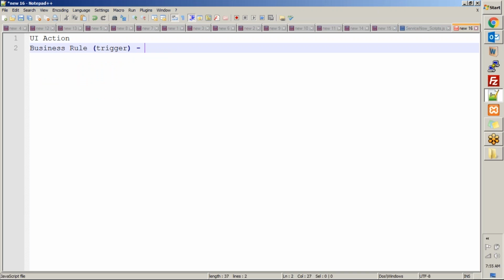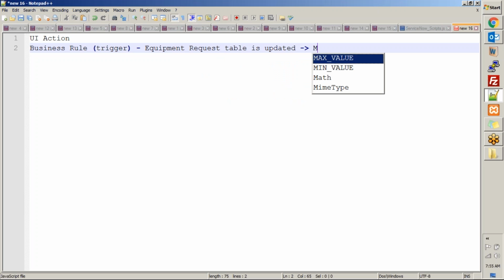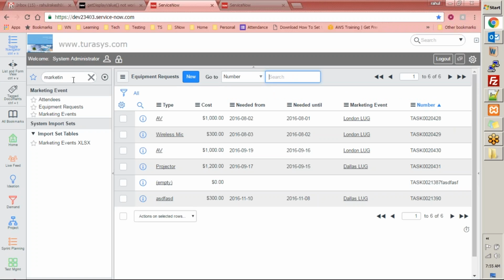And now, one example of a trigger I mentioned is, whenever the equipment request table is updated, you have to update the marketing request table with the cost, right? So this is one business rule. If you have to apply this, what you have to do is